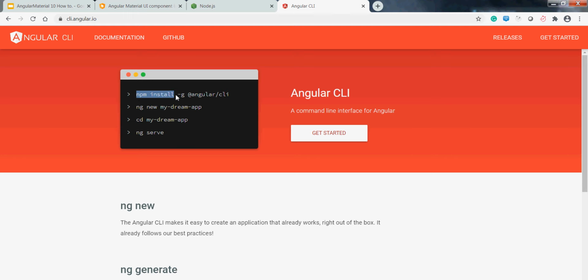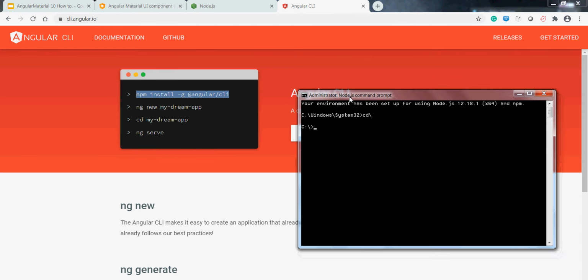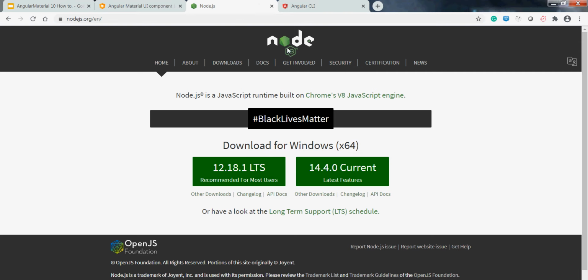Here is the command to install it. The -g is required to install it globally, so that you can run Angular CLI commands from anywhere in the command prompt. I have already installed this, so I'm not going to repeat that step here. I think these are the two prerequisites required for our tutorial.